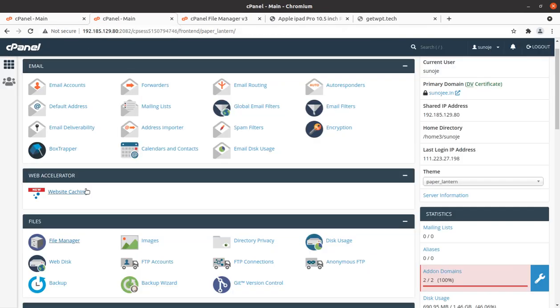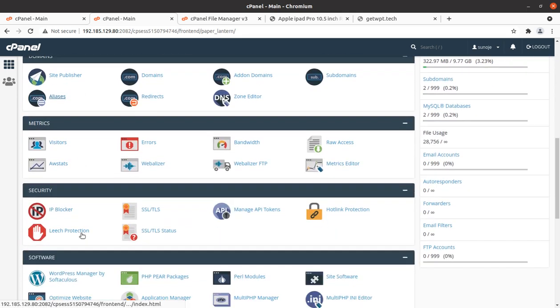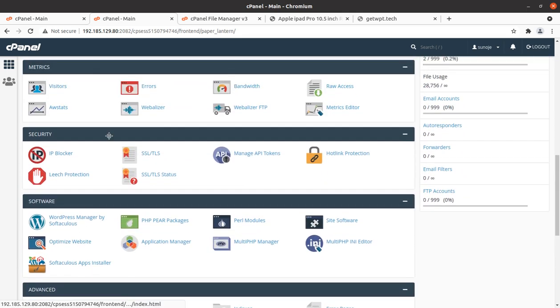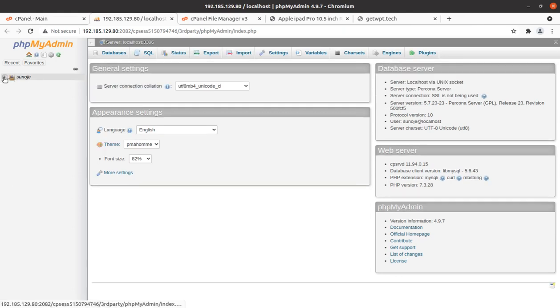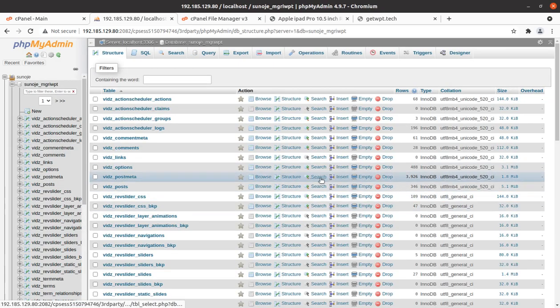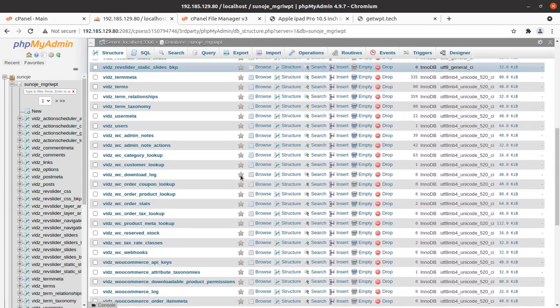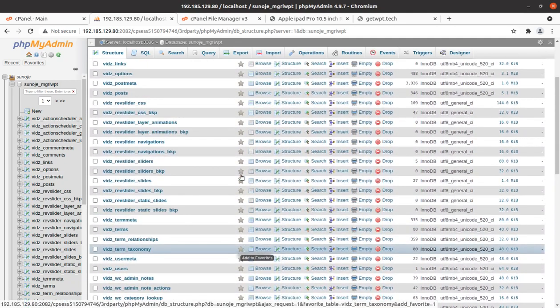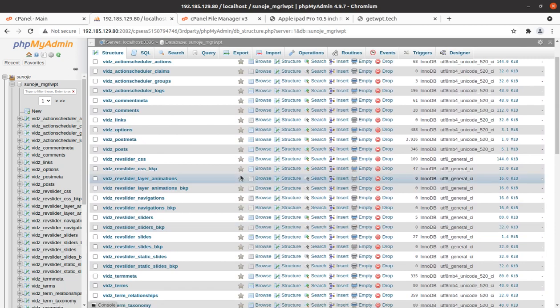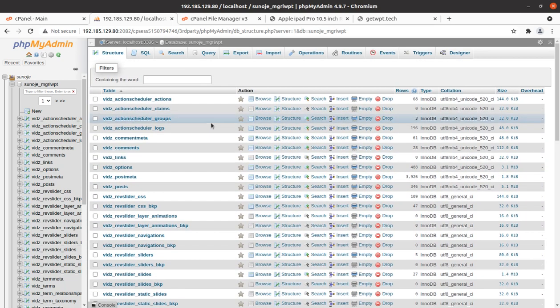So we have already opened the phpMyAdmin, but I suddenly closed that. I'll open that again. Okay, so this is the database, and I'm showing you how manually we can optimize the database. So we were talking about which tables we need to choose, and I was saying that we can choose all the available tables. It is safe, but you should take a backup of database.